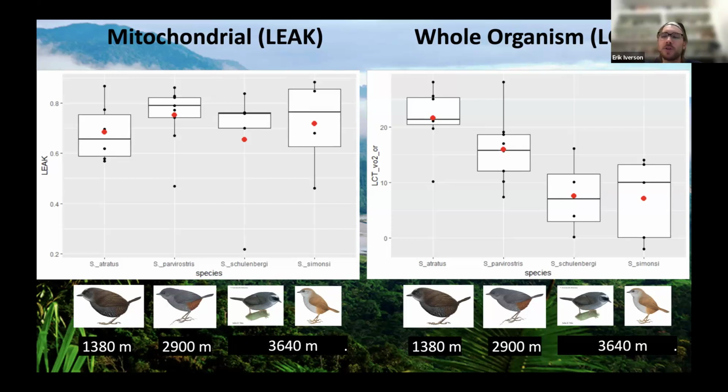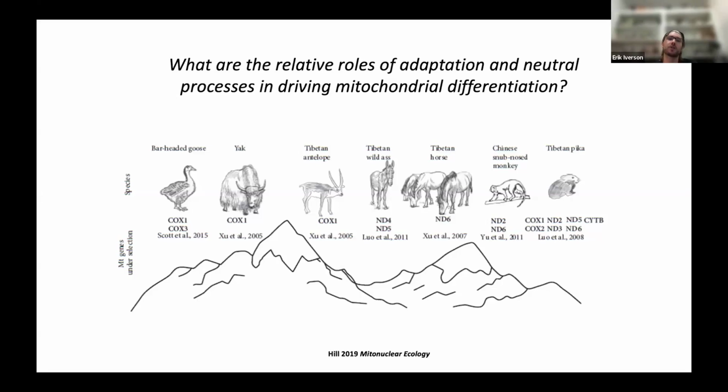So we have some work we want to do, basically looking at mitochondrial copy number and starting to analyze the sequences of the mitochondrial genomes from the individuals that we captured there. So zooming out a little bit, this prompts the question of the relative role of adaptation in the mitochondrial genome overall, relative to other processes that might be explaining some of the signatures people have found over the years in